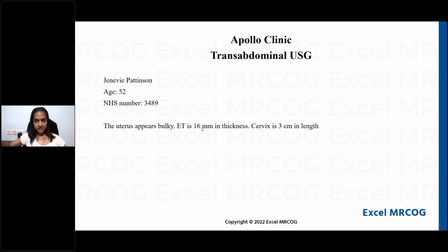Thyroid function tests, etc., you would not do routinely for her. You would do them only if she has signs and symptoms of hypothyroidism. Okay. So that is why you would do complete blood count, TVS, because you want to look at the endometrium and you want to have a better resolution. So transvaginal scan. And you also want to look at the ovaries. Don't forget the ovaries. There could be something on the ovaries as well. Okay. So you would also do a diagnostic hysteroscopy.